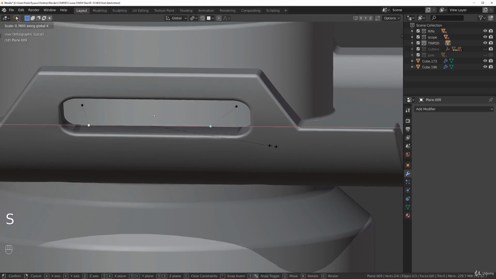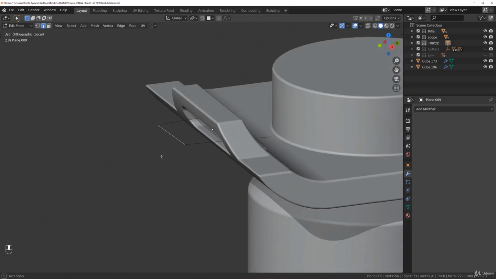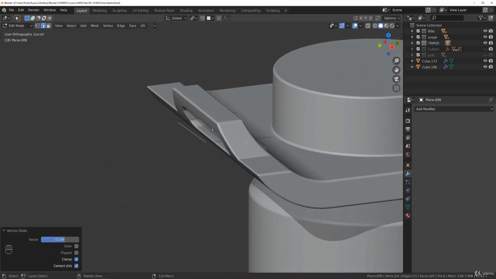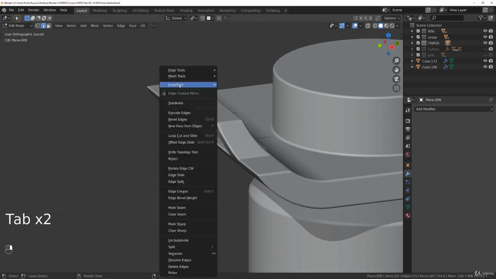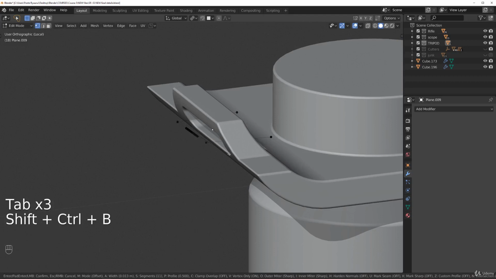Move them closer together, and now we're gonna do a neat trick. What we're gonna do is move it inside, so GG, and move it inside a little bit, right? Now split it in the middle, okay? So subdivide. Grab this